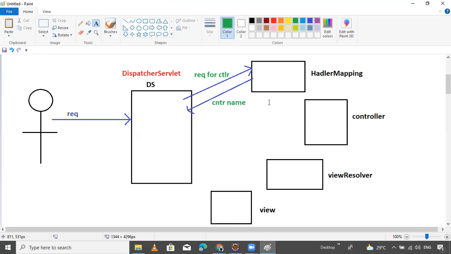Then the dispatcher servlet recognizes the name and location of the controller classes.